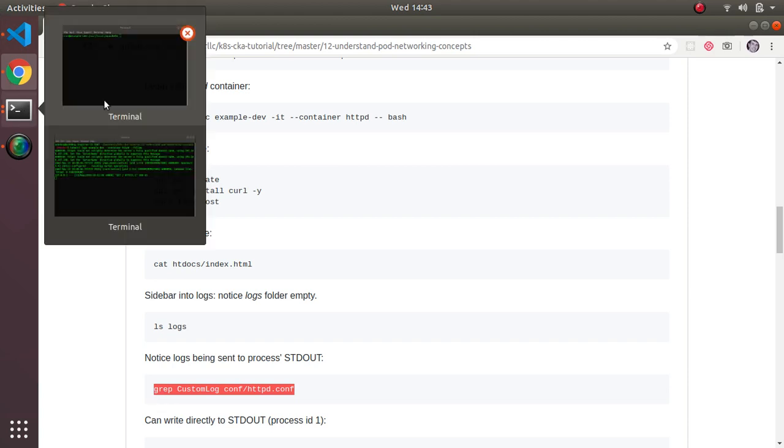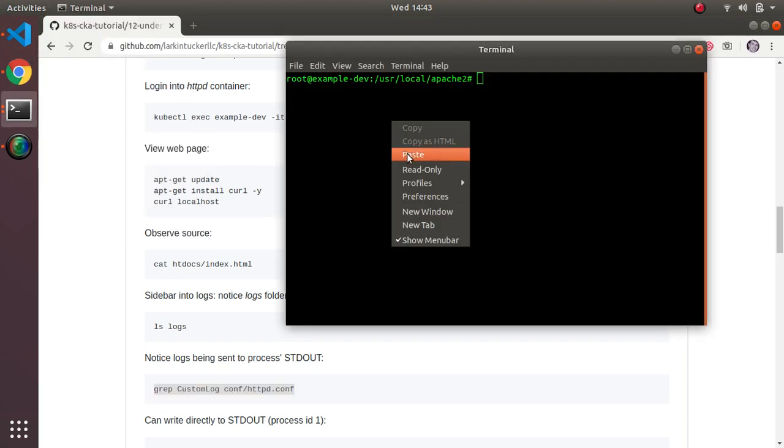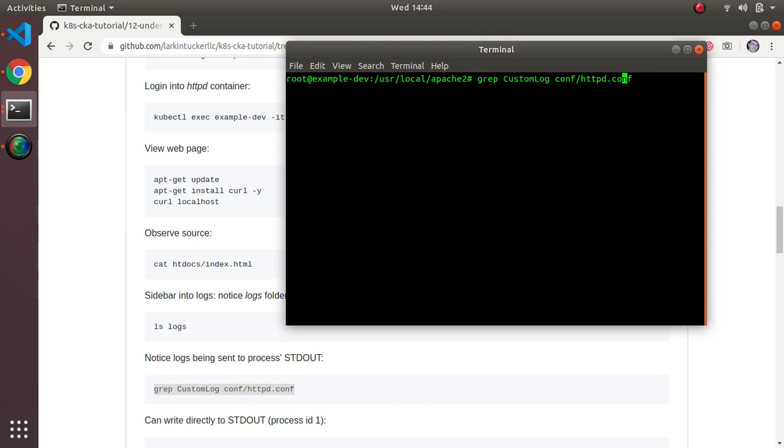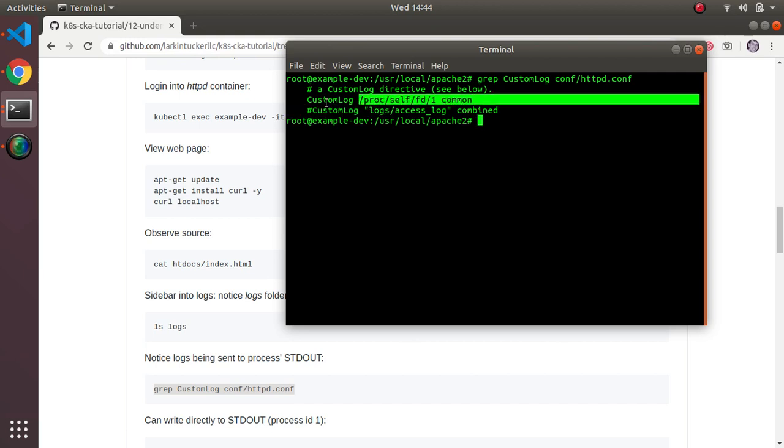Let me paste this in, and then we'll look. There's a configuration for the Apache web server, and the custom log entry is where it's pointing the logs to. And if I look at the output here, it's got this interesting syntax. This custom log is writing to the file system at /proc/self/fd, which I believe is probably a file descriptor, and then 1. And if you were to Google around, this is essentially a way of writing to standard